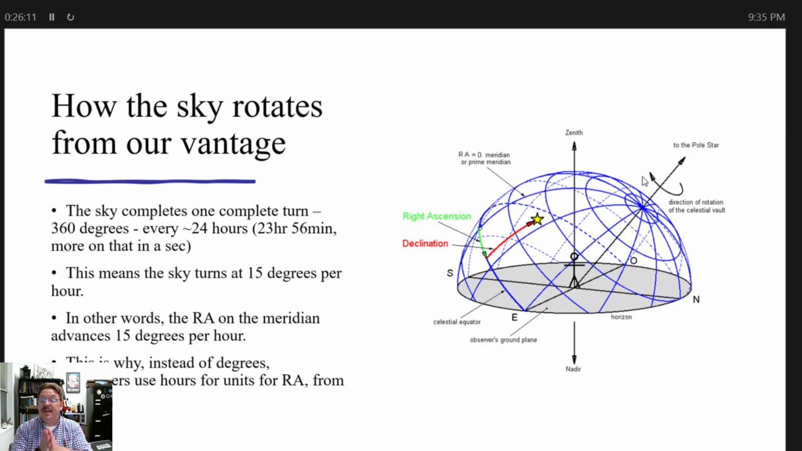For right ascension and declination, the right ascension and declination do not change for that particular star. That's because the entire coordinate system is rotating with the sphere. So a sphere obviously travels